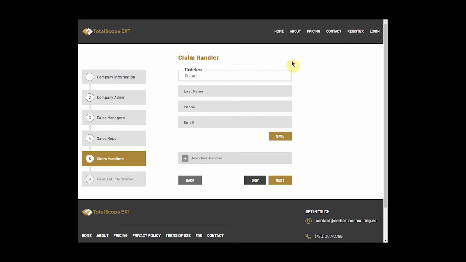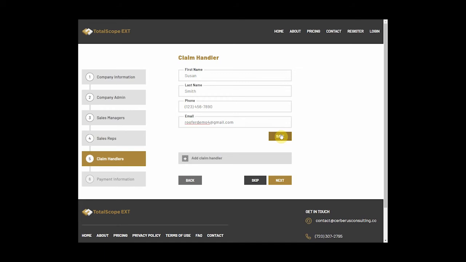Okay, next we're going to the claim handler, and we use this term for something that we consider a set position. It doesn't have to be a set claim handler. It can be your sales reps, that's fine. If you don't use it, you can skip it. But the claim handler is whoever is going to take our estimates and send them to insurance and negotiate with insurance. Now, obviously, some companies use their salespeople, but the privilege that this gives is that since they're not